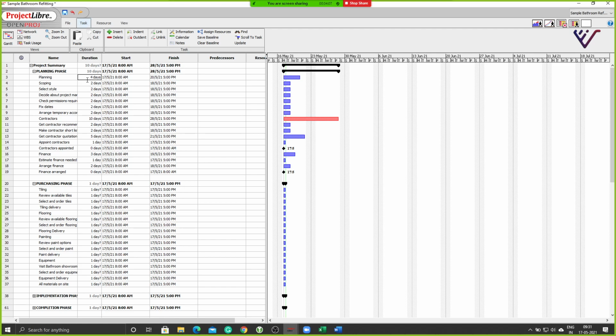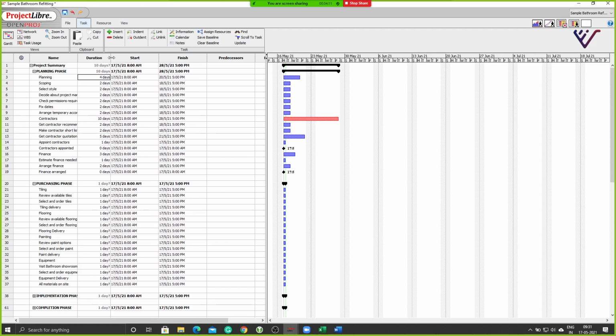Notice that the total number of days required for the planning phase is automatically calculated as 10 days. That is considering that each of these activities is right now happening simultaneously. You notice all of these activities are starting on Monday itself, but that's not how it would work.